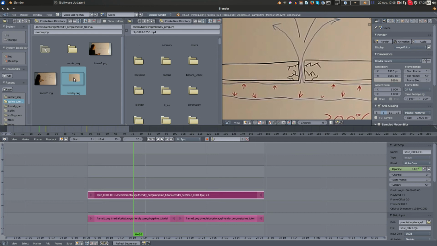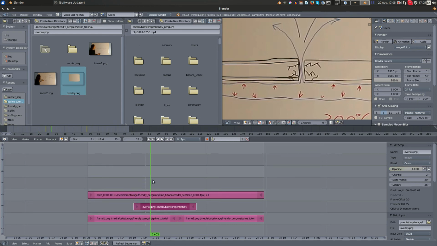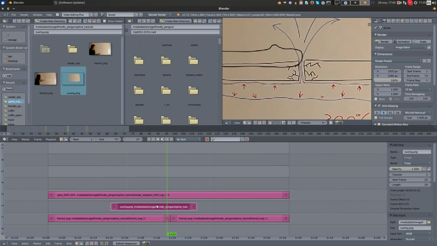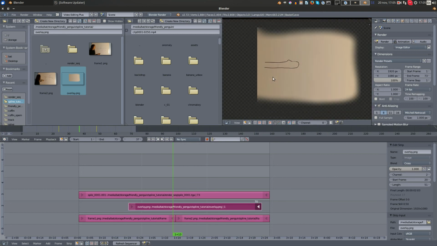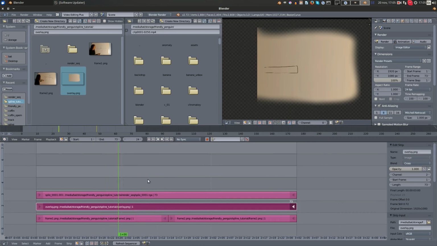And I made a simple mask. A very simple mask, just in GIMP, to remove the stuff from the